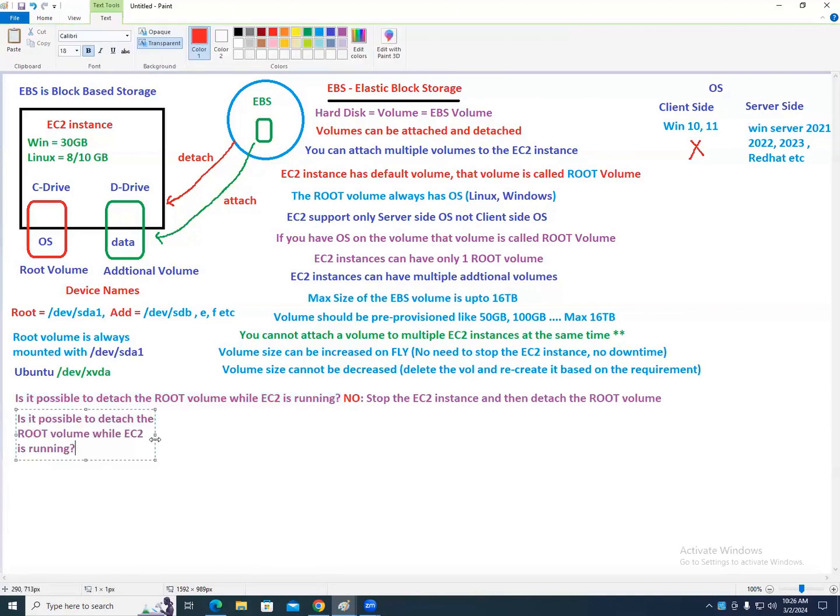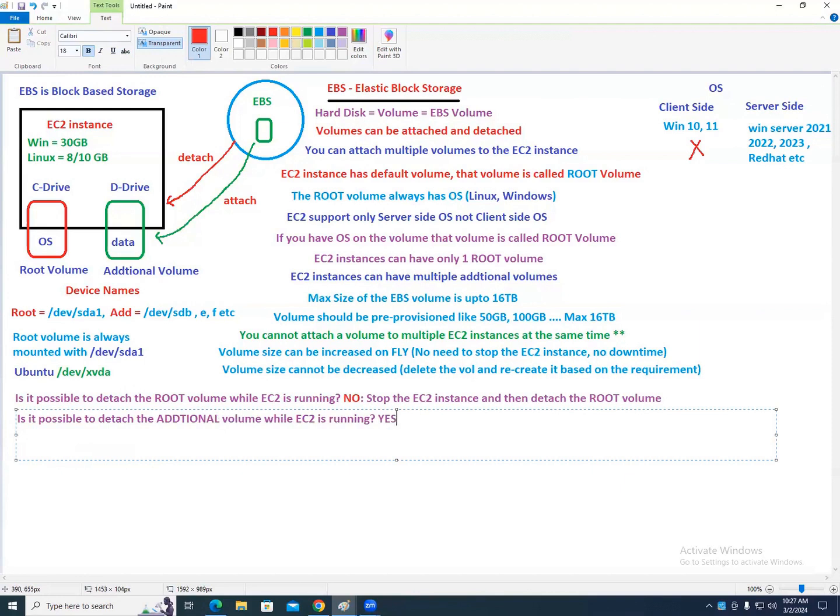Is it possible to detach additional volume? Answer is yes. It is not recommended while running. Recommended is to stop first. You need to stop.